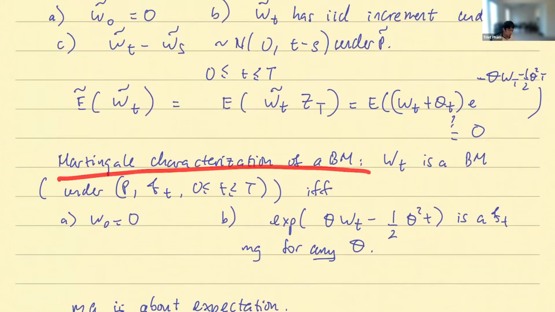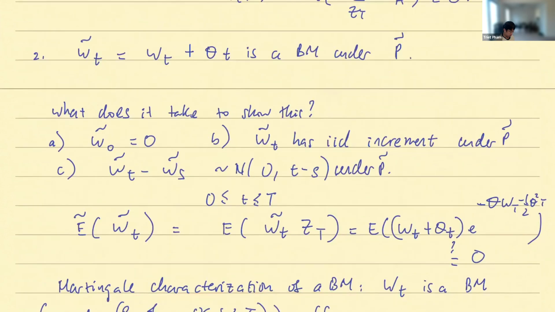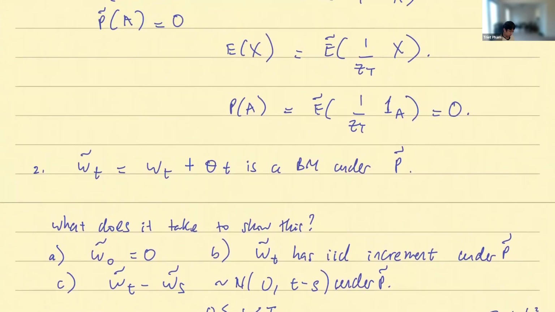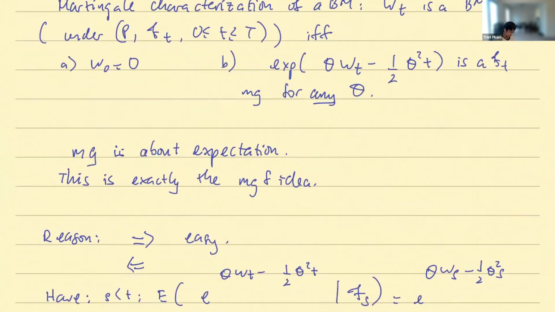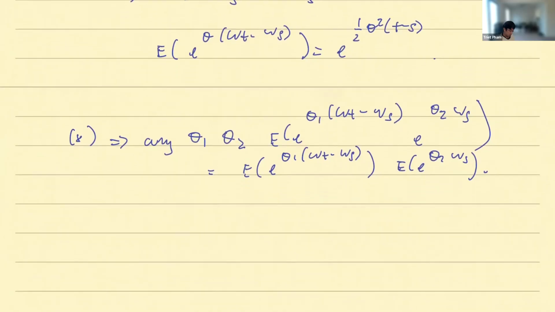It's really nice if you want a deep understanding of what you're doing when you do some change of measure, or when you are characterizing a process or something like that. Okay, so how does this help us in our quest? Remember, back to our goal, what do we want? We want to show that W tilde is a P tilde Brownian motion.